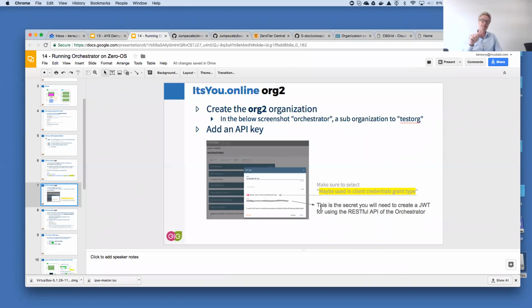In this case, the JWT that you need to send is not about you proving and confirming that you're a member of organization 1. No, in this case, it's about proving that you have an access key that is part of organization 2. And that's another way of creating the JWT, which I'll discuss when we are there.